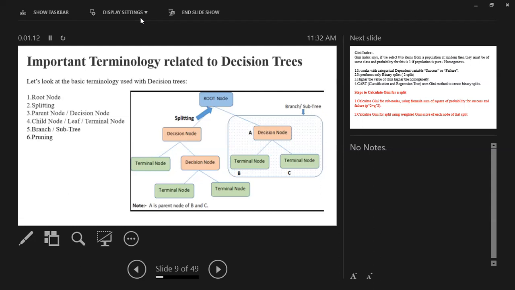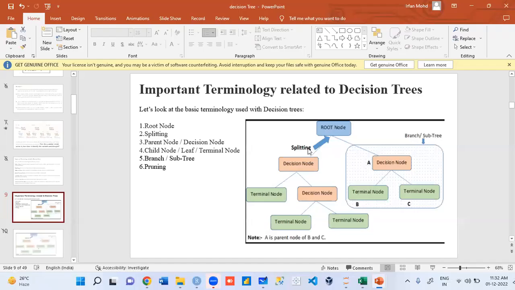Always, the person who asked me the question, your name, please. Imanshu. Always your first node will be your root node.